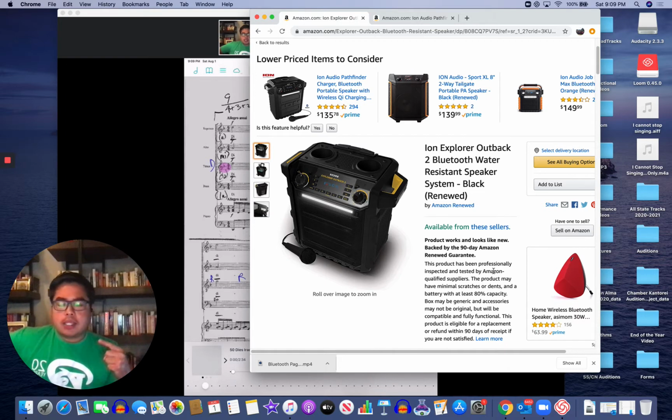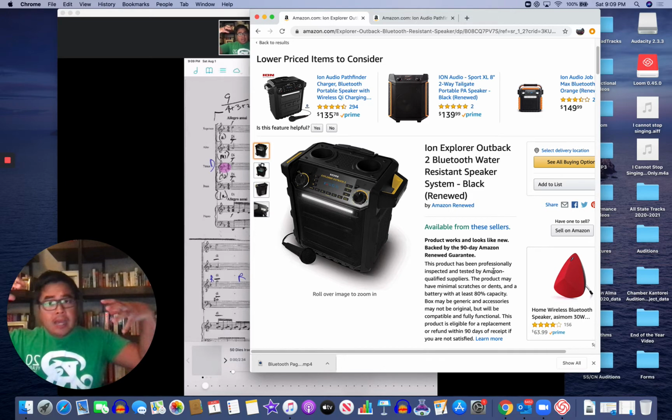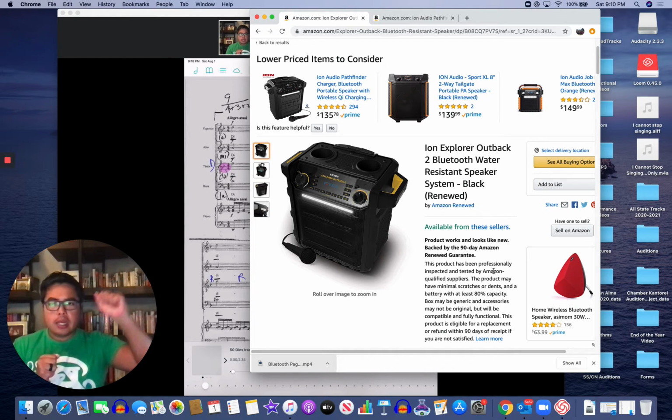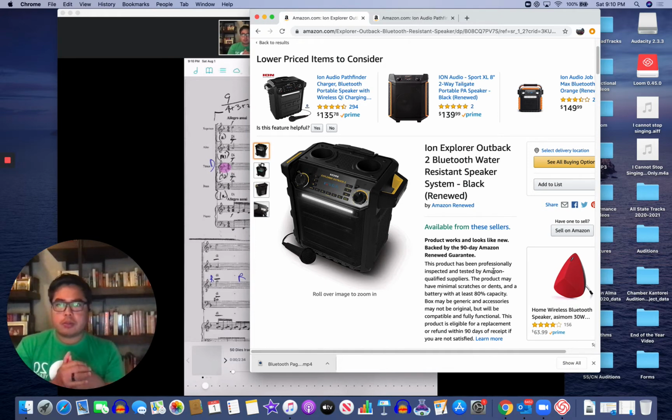Let's start off with the fact that it's ridiculously durable. It was made for people to take with them on floating adventures. So they're floating down the river, they could have a tube with this in their cooler, and it's waterproof, it's shockproof, it's got a bottle opener in it, it's got karaoke lights. It's got a little pull handle so that you can roll it because there are wheels on the back. There's a spot for a